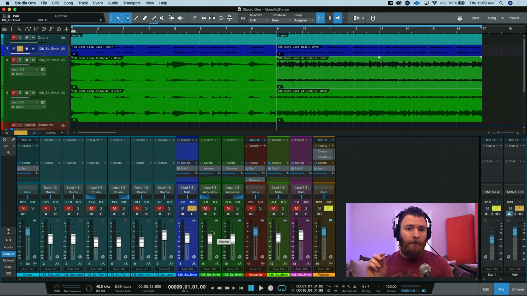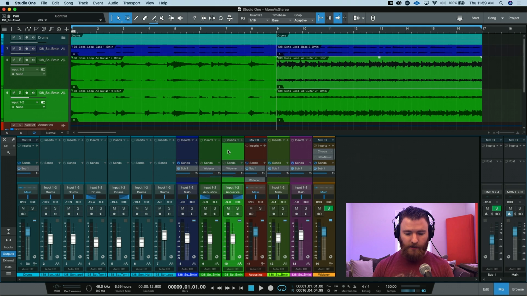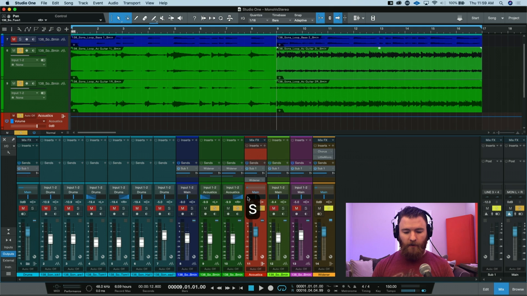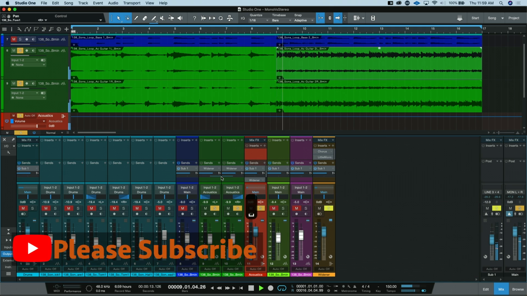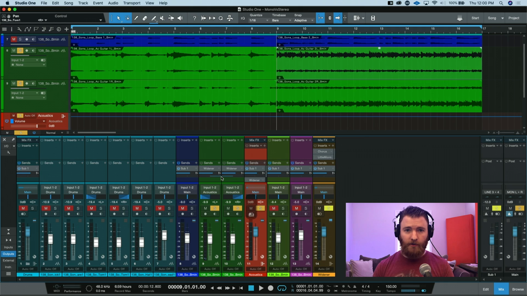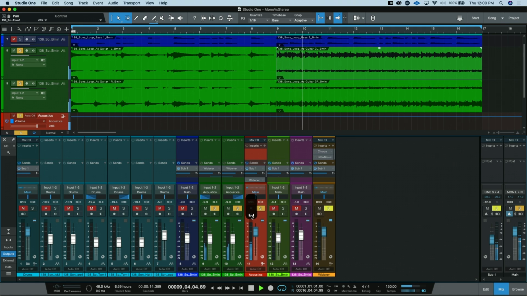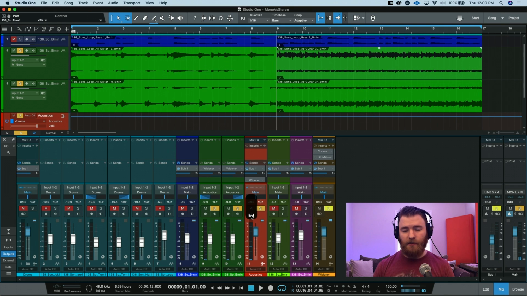Now, let's talk about mono ins and stereo outs with the acoustic guitars. I have these two acoustic guitar tracks going into this stereo bus right here. If we solo this out and take a listen, you can hear two different guitars doing two different performances. If we then force this bus to be mono, it kind of blends those two performances together, and you don't really get the bigness of the guitars,